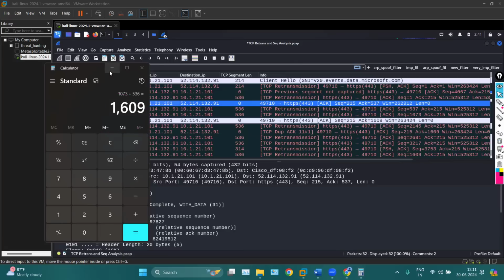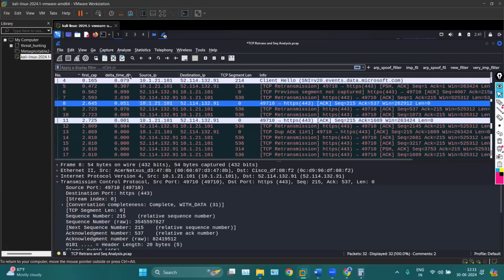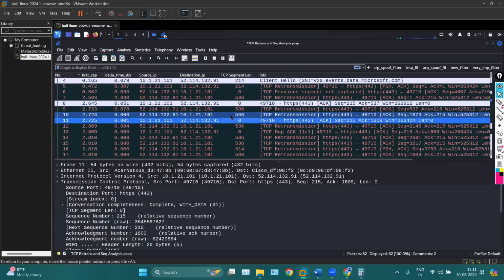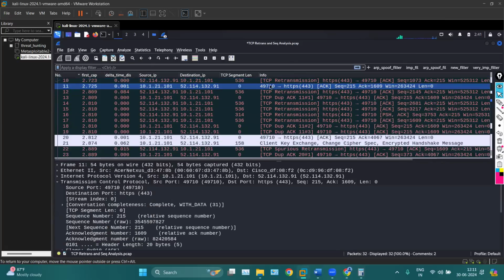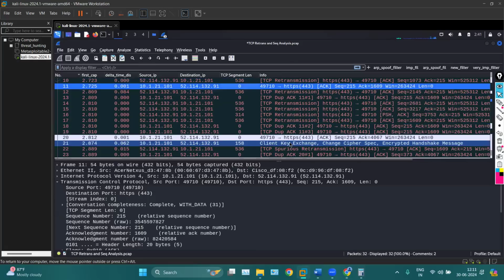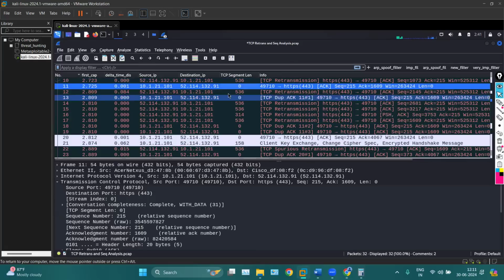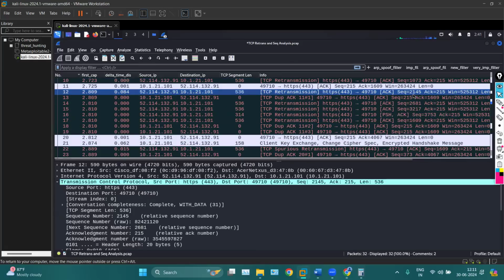Like they keep on acknowledging themselves, back and forth, they keep on acknowledging and sending data. Then again there's a lot of packet loss here. The client says that I have sent you 2154 of data. Which is, if we calculate, now again there's a packet loss. There's a packet loss here. If we subtract